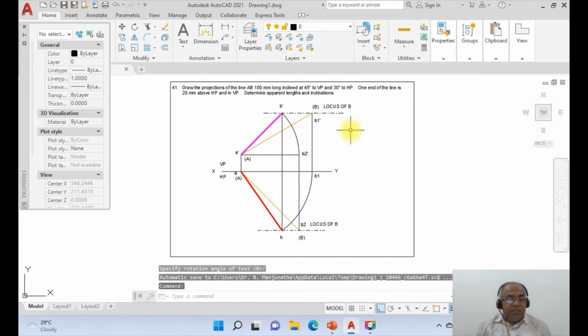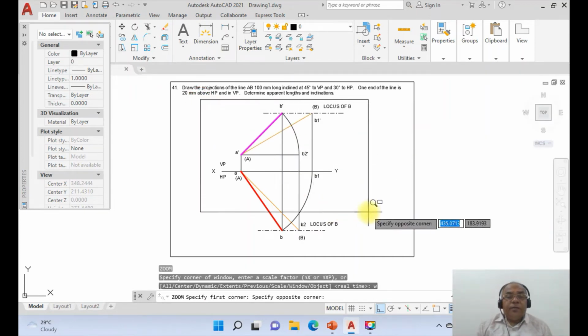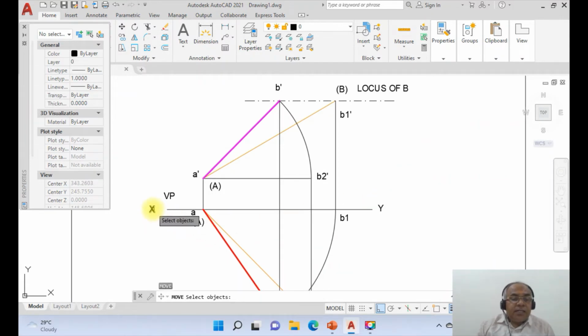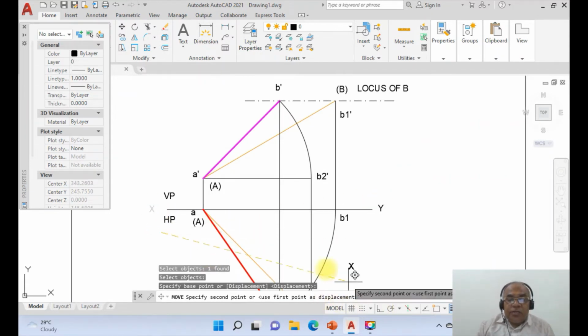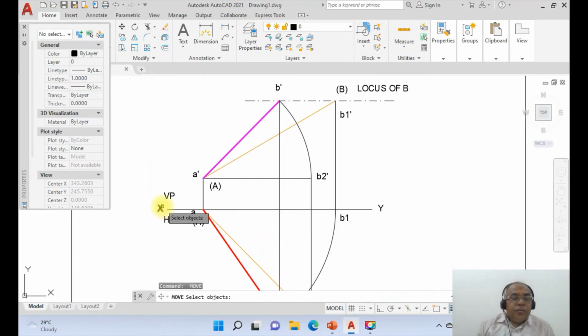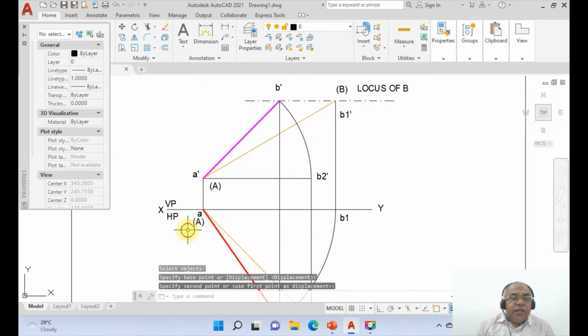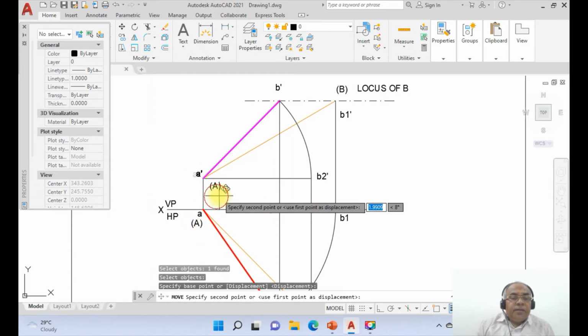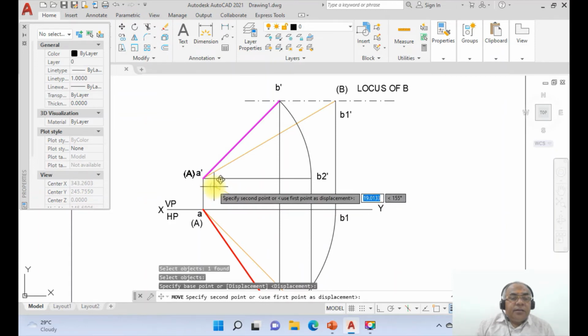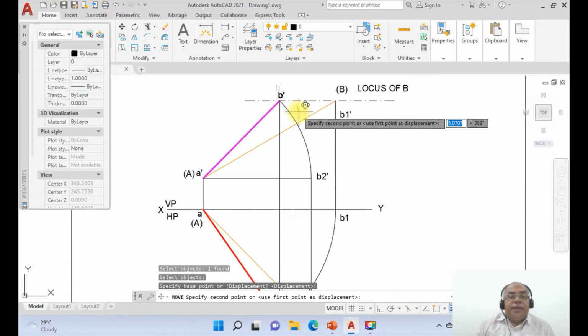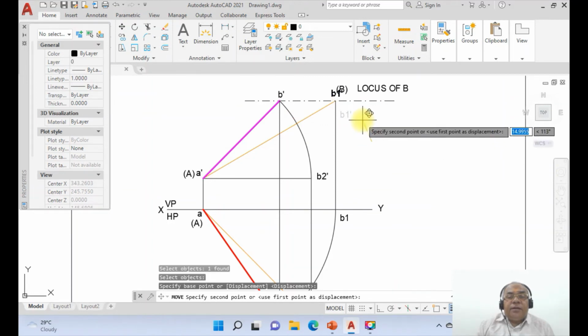Then once you do that, just go to zoom window and then go to move, select this, and keep the ortho off. Move this X line, then VP, then HP, then you move this A and this capital A, then you take A dash, then capital A, then B dash, then B1 dash, then capital B here,